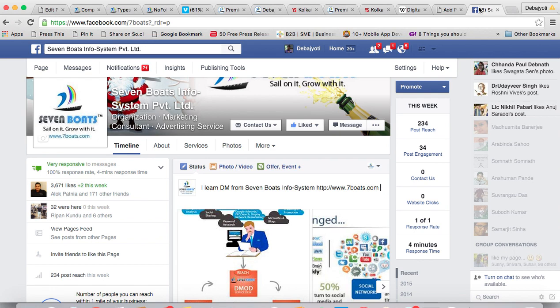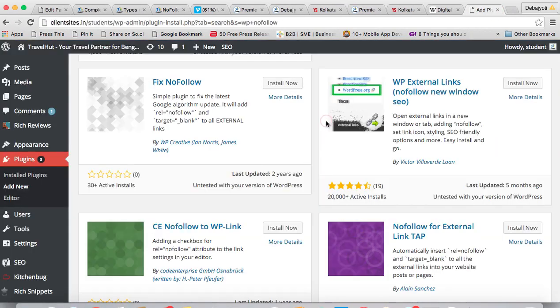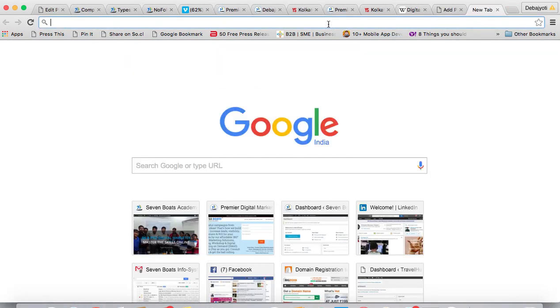Now we are coming to the PageRank concept. Now what is called PageRank? Earlier, nowadays it is obsolete. Earlier what happened, Google mostly used to give a toolbar PageRank, that means a rank from 0 to 10 for every page of your website. Now the definition of PageRank is like that: if there is no search engine, if there is no Google,